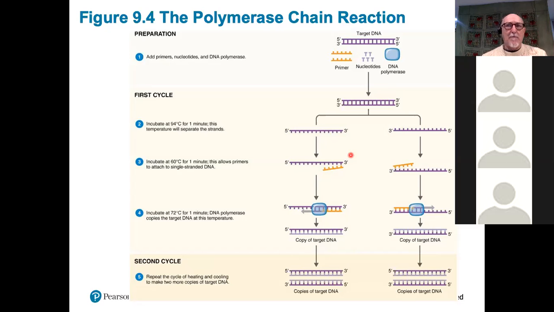If you take a normal DNA polymerase above about 45 or 50 degrees, it starts to denature. But we're going to use a special DNA polymerase extracted from a bacterium